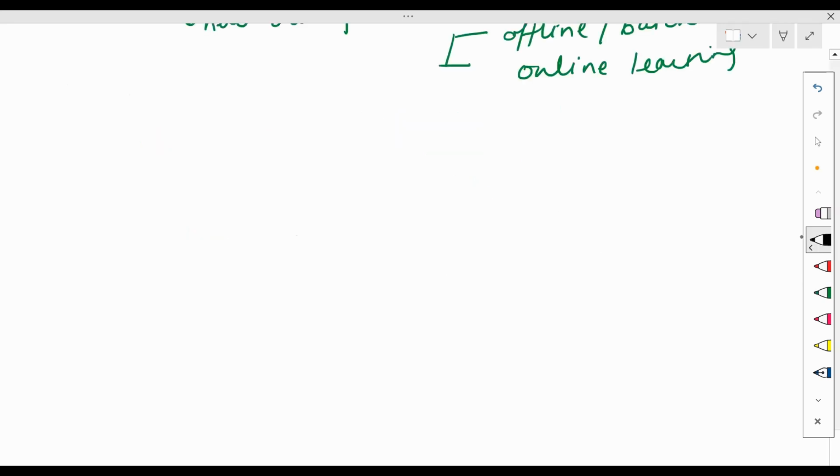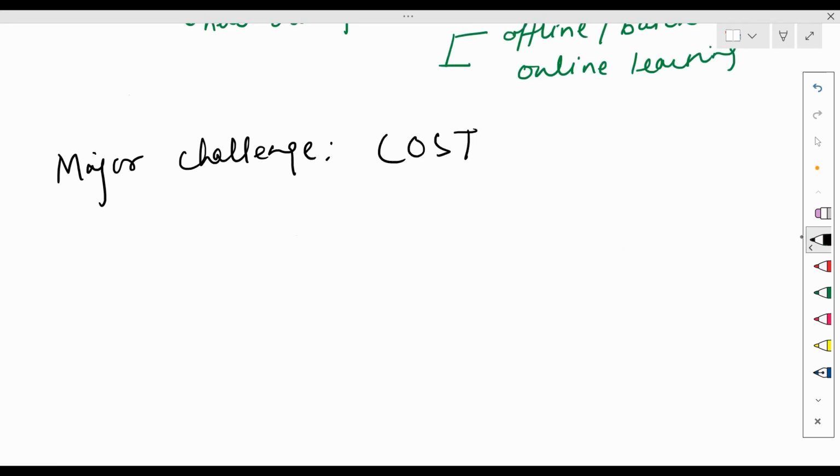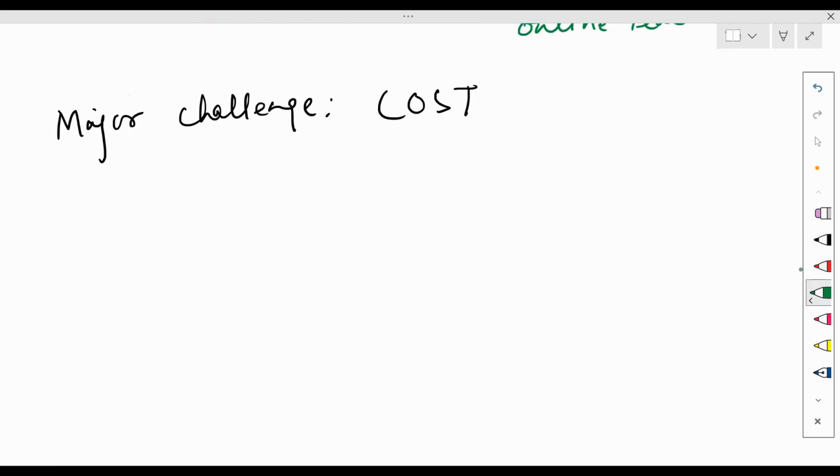The major challenge with machine learning algorithms is cost. All the steps and challenges that we discussed so far incur a lot of cost to organizations.